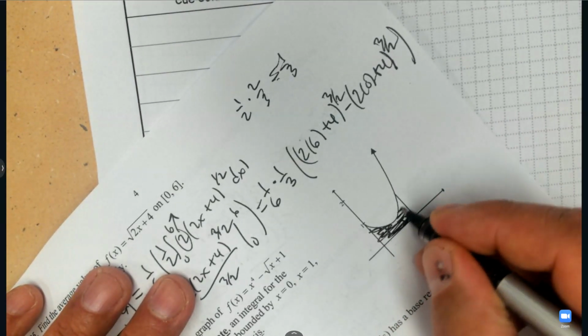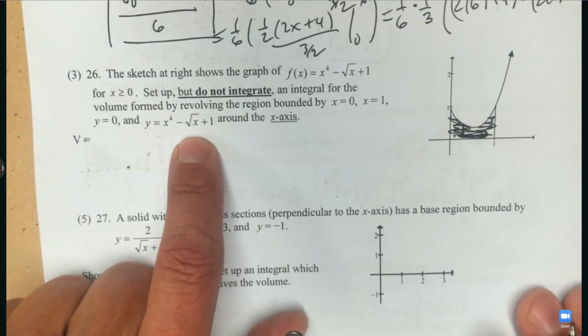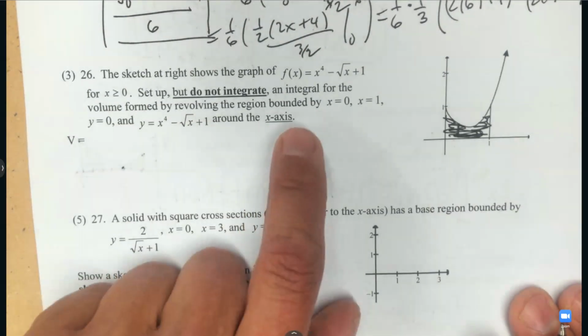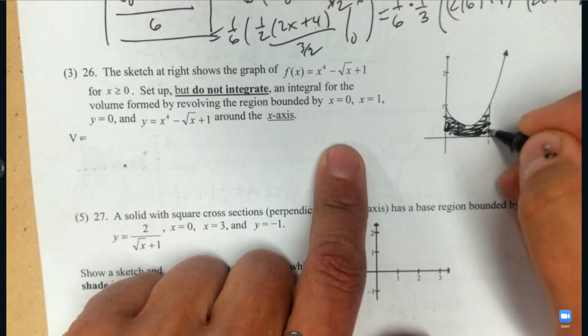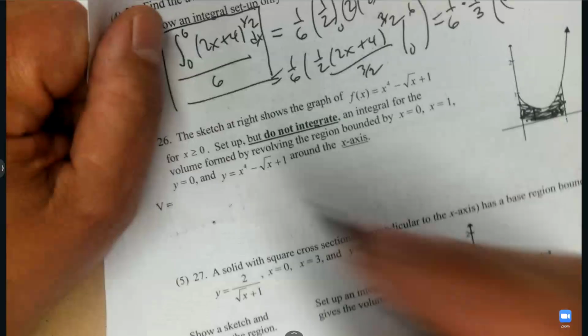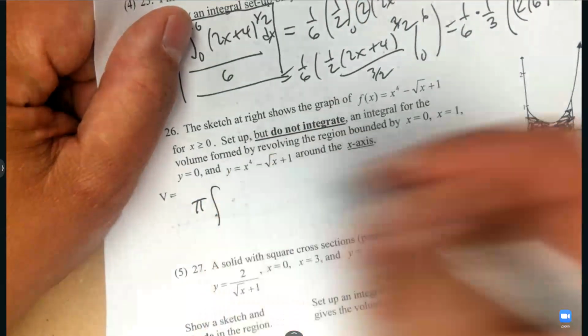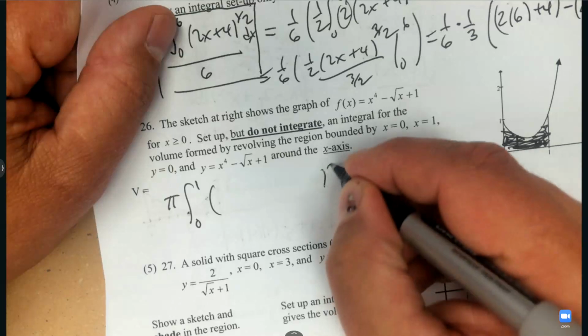I'm going to fill it all in. And I'm going to revolve it around the x-axis. So if you look at the area and you fill it in, notice the area and the x-axis, there's no space. So there's one circle. So we're going to go pi. It goes from 0 to 1, and it's one